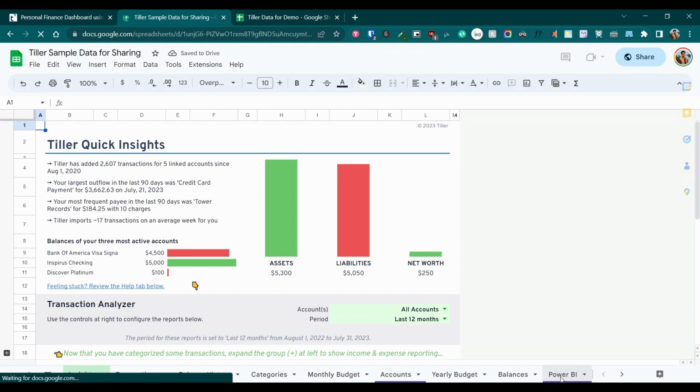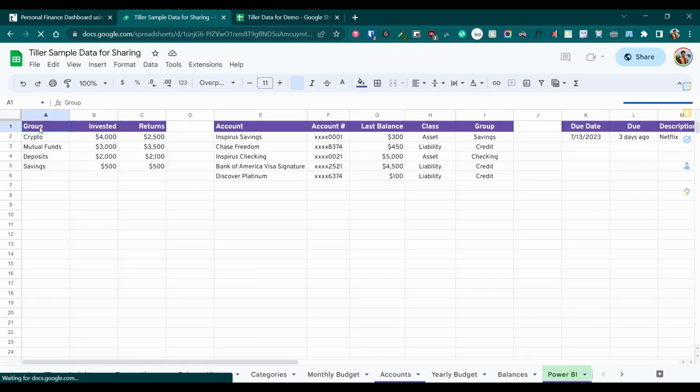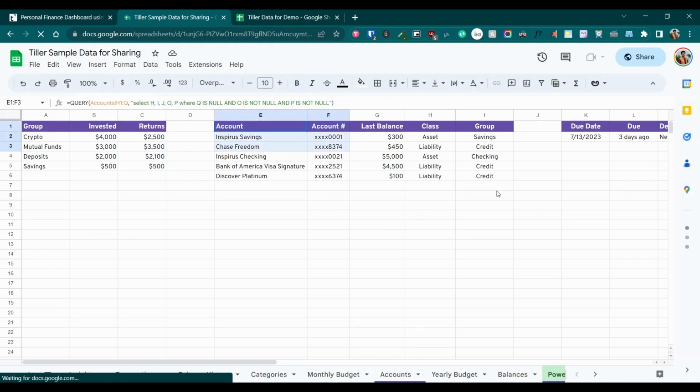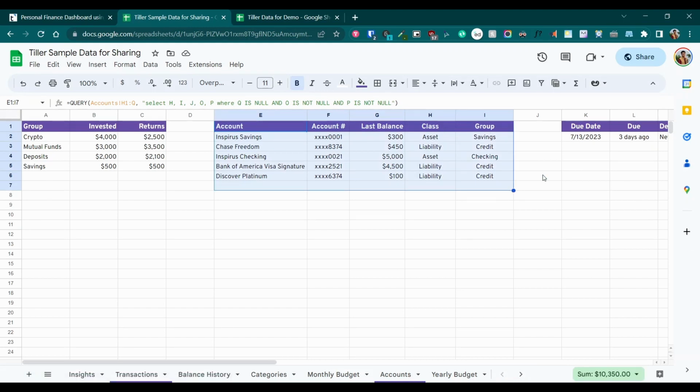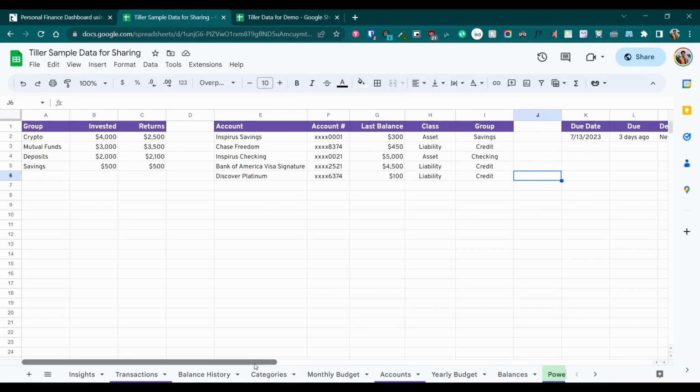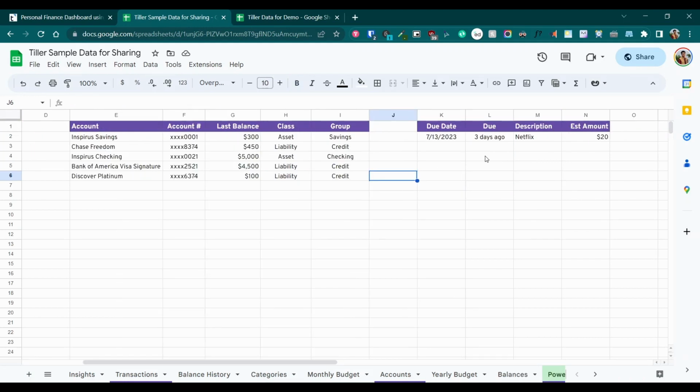If you open up this Power BI tab, you'll see the first section is for the investment performance across the different groups, the different types of assets that you have. And this shows the account balances with respect to the class and group as well. And we also have the bills due in a week or even past due.